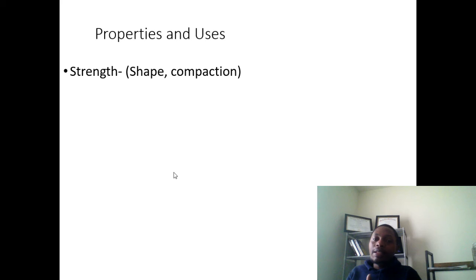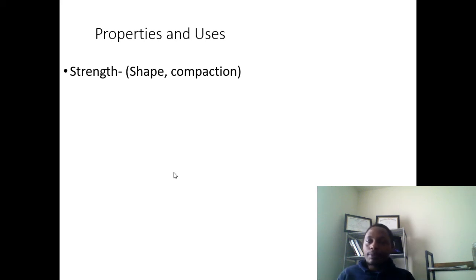Then you have less friction. Less friction means less strength. Okay, so if you have a smaller part of the surface area which is exposed, you have less friction, then less strength. Okay, so for the wedge-shaped aggregates, they have more surface area which is exposed, so they have more contact from particle to particle, which means they have higher friction and therefore they have more strength.